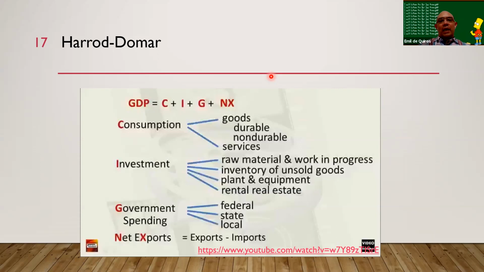And the last in the formula is net exports. It's basically what we sell outside, and we deduct what we import from outside. Exports are what you sell outside. Imports are what we buy from outside. That's basic economics. So mathematically speaking, in a sense, Rostow was correct because arithmetically speaking, if you increase any of these, especially investment, then you increase GDP, you increase the pie. That's basic math. We'll discuss that further later.